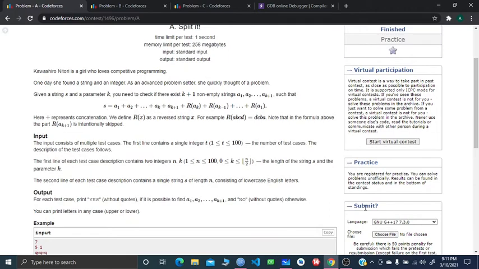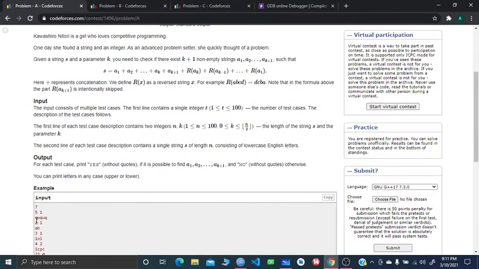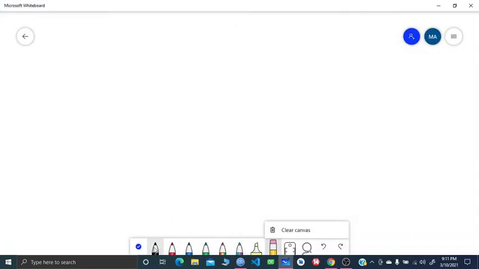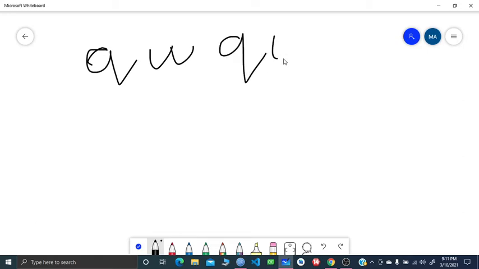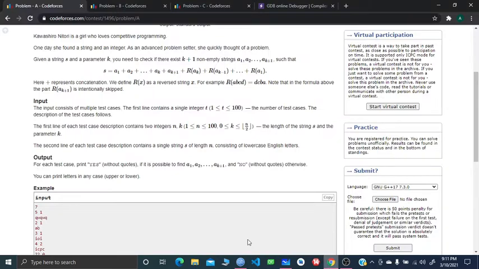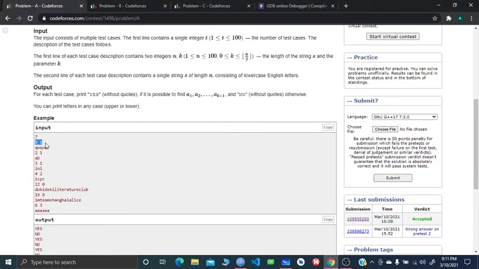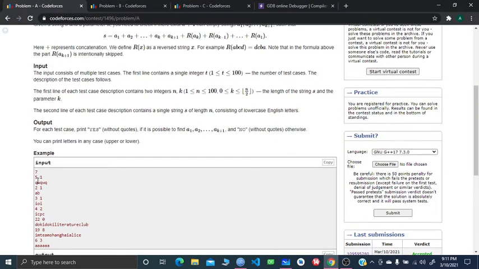Here we have Q, W, Q, W, and Q. And the input given is n is 5, which is the length of the string, and